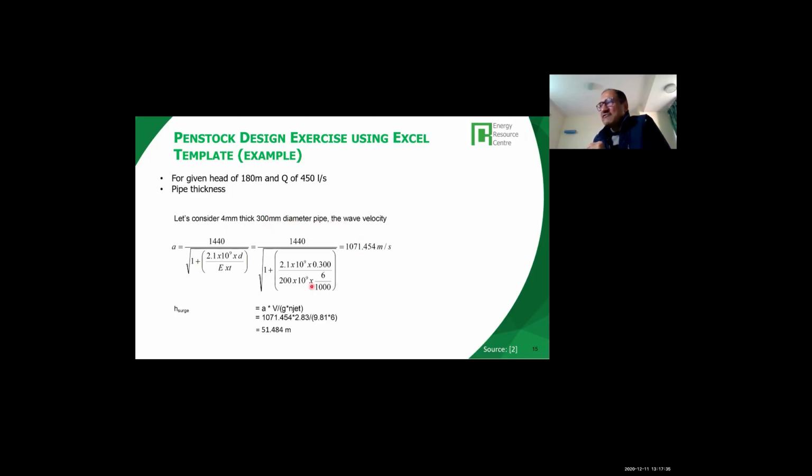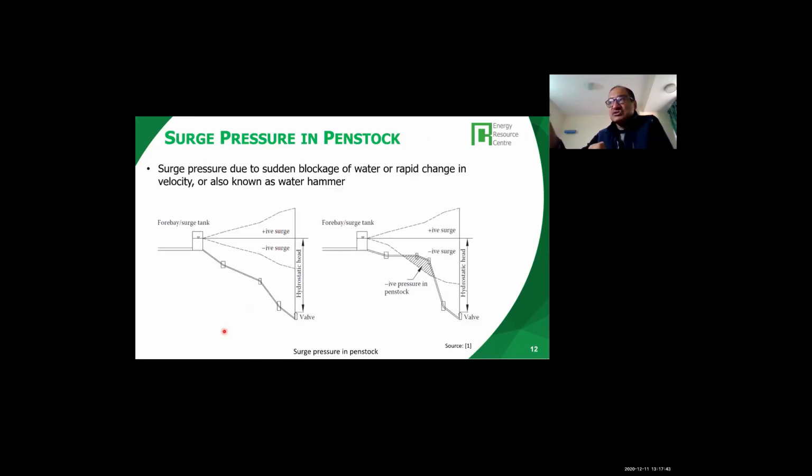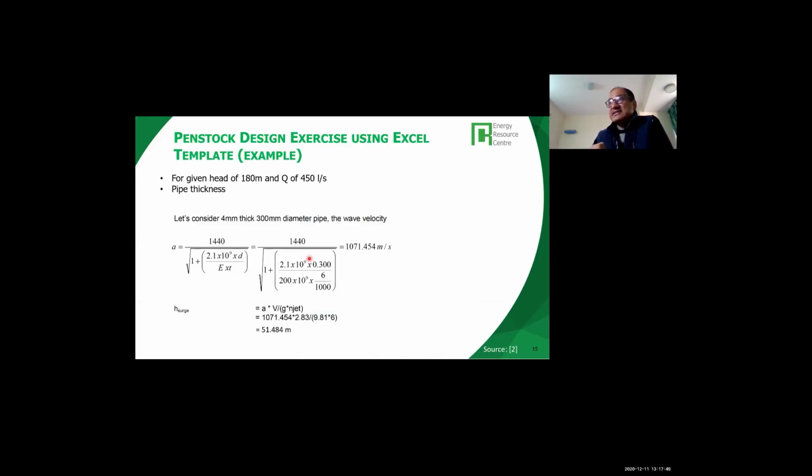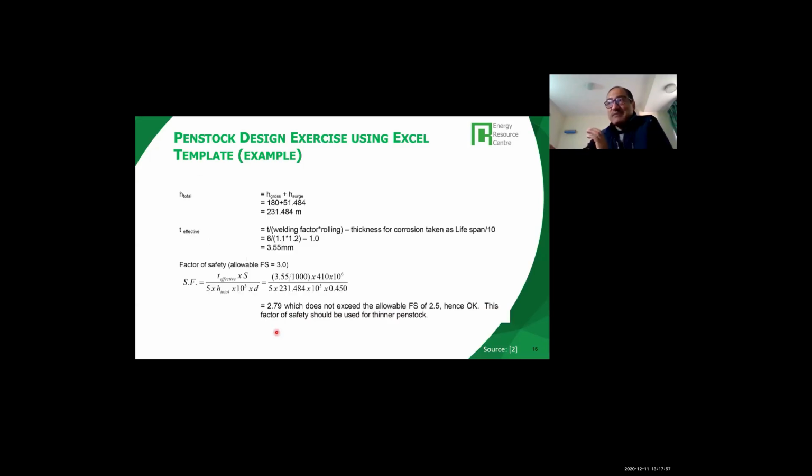what is known as the wave velocity is calculated, and this is the head of the surge. So the diagram I showed you earlier, that 51, this surge head: you have the total head of 180 meter, but you have a surge head of about 51 meter. So this is how you get the pipe thickness. Based on the total gross head and the surge head, you have to design the thickness of the pipe to withstand the head of 231 point some meter. And the thickness